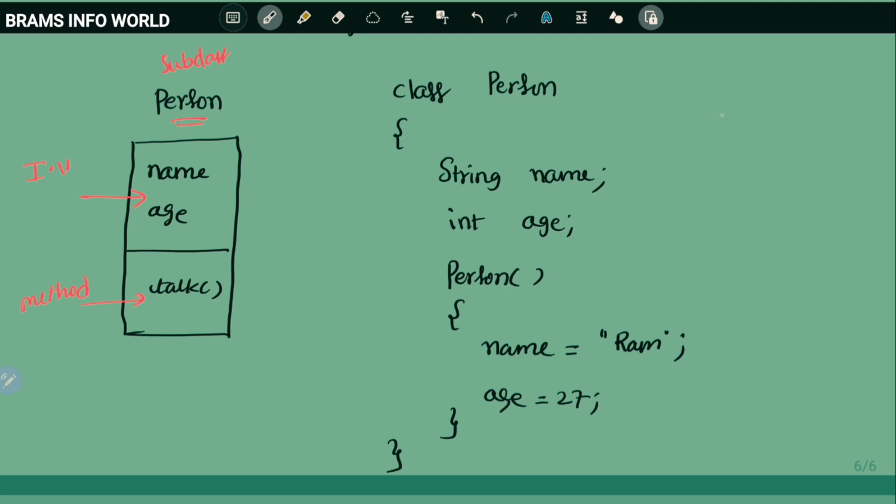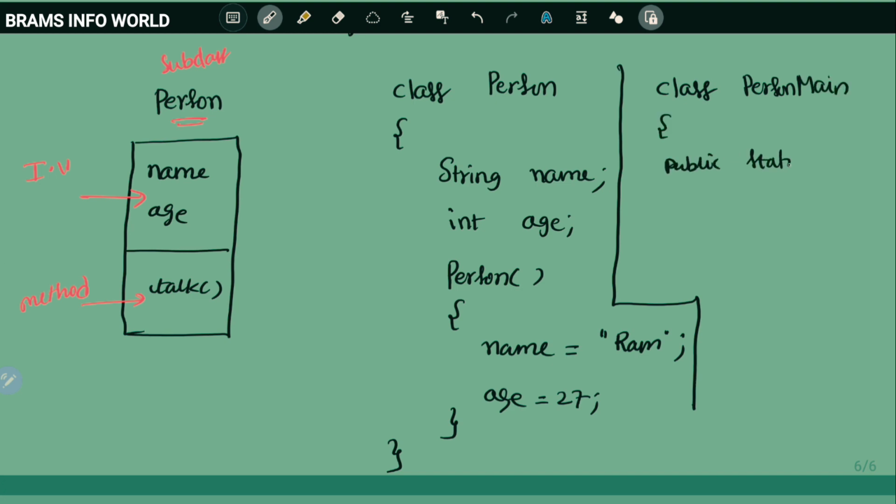And while calling, how to call? For calling this class, person main, public static void main string args. By default main method.